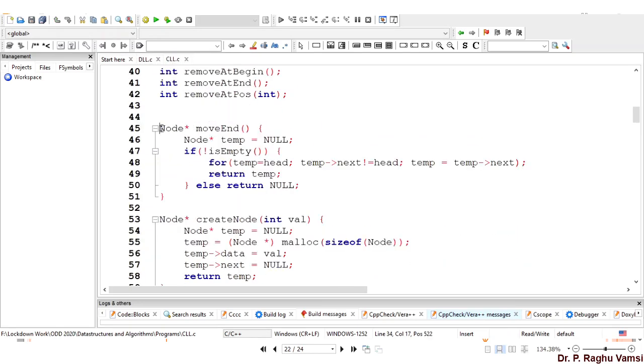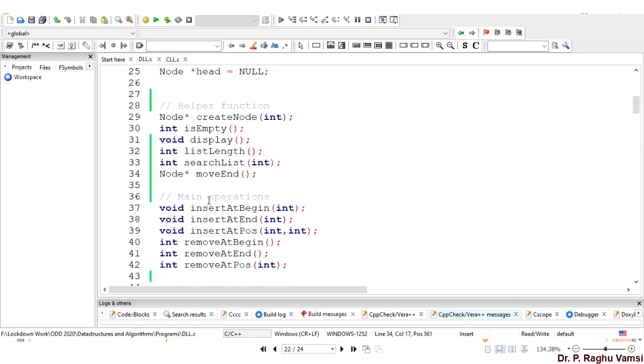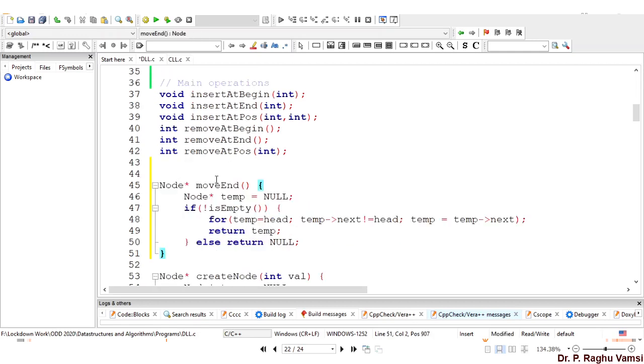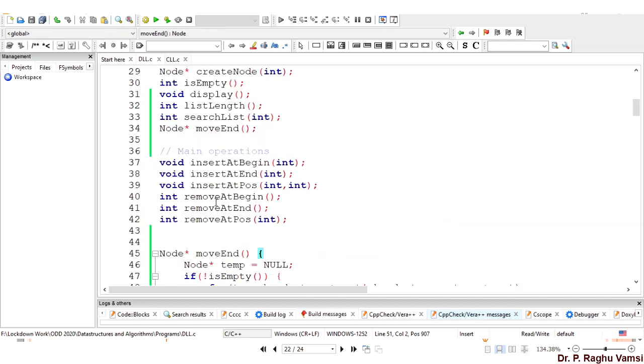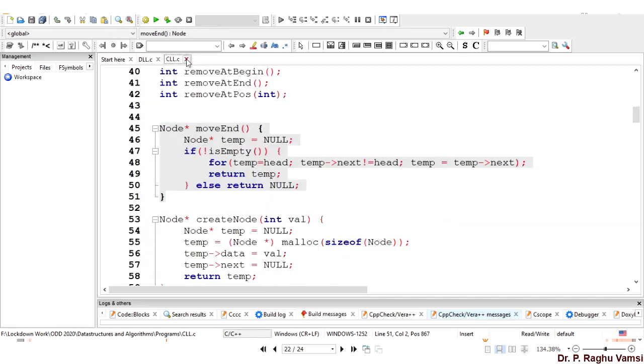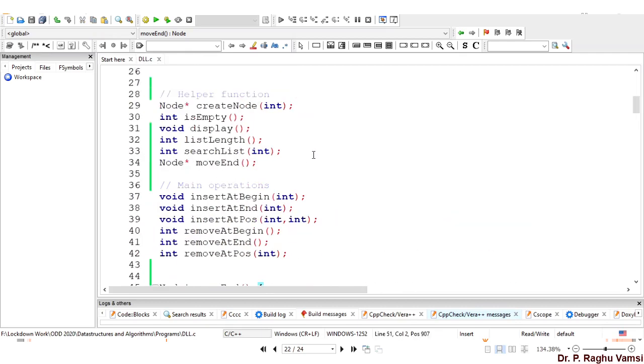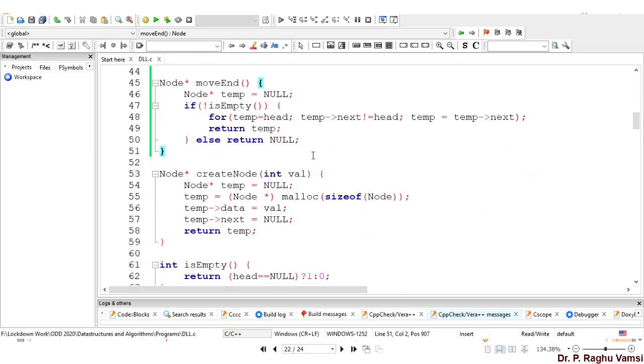I am going to copy and paste this move end in my code so that unnecessary traversing till the end and unnecessary code can be avoided. So whatever additional thing I wrote for the circular linked list, the same thing I am using here. So, creation of node.